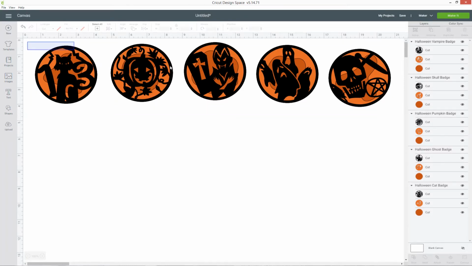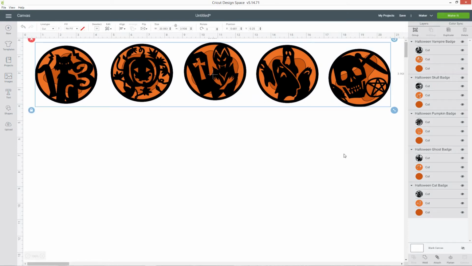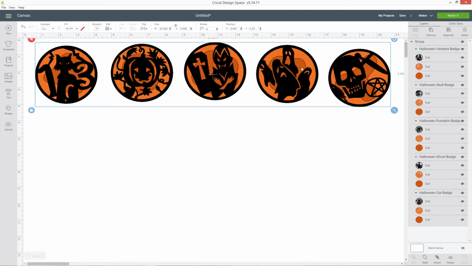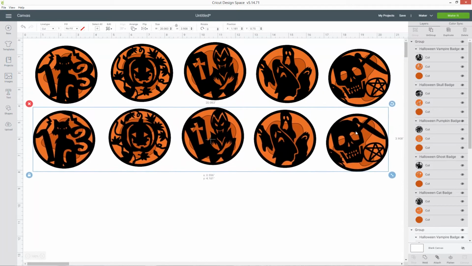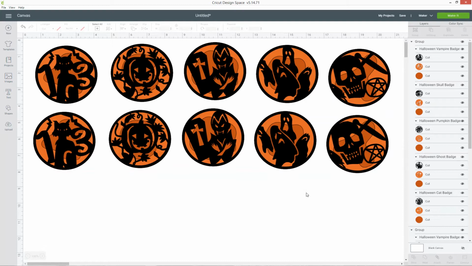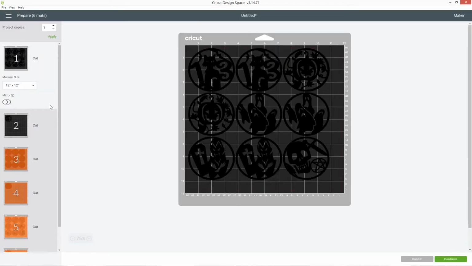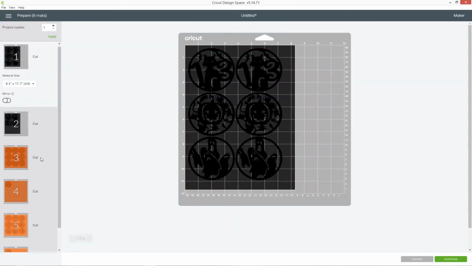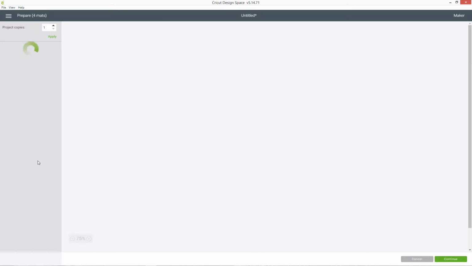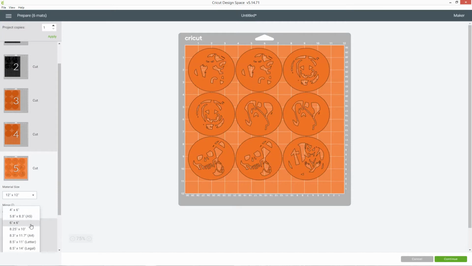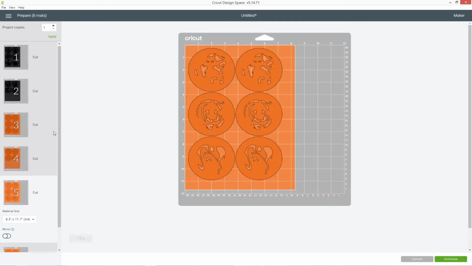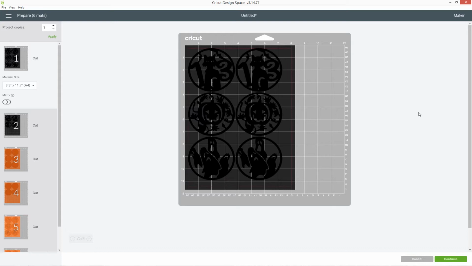Another way you can do it is just to click and drag and box all the way around them. At the top of the Layers panel, press the Group button. And now all of these are grouped together, which means I can right click and duplicate, and it's going to do a copy of all of them at the same time, which is nice and quick. This is now ready to cut, so I can click Make It and it will arrange everything for me. I'm going to change my paper size to A4 because I don't have any 12 by 12 in the right size. So once I've done that, in total it'll be 6 sheets of paper that I need. So I can go ahead, cut this out with my cardstock and then see how to assemble it all together.